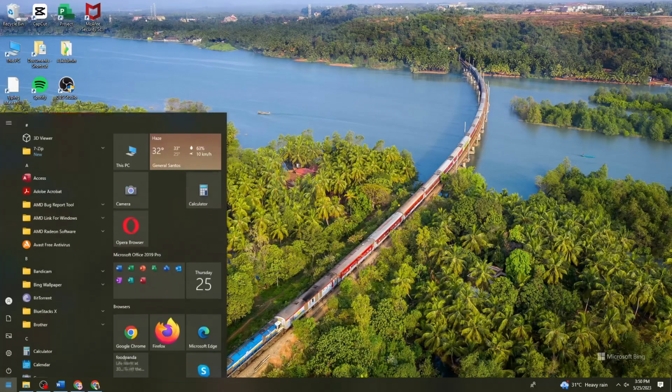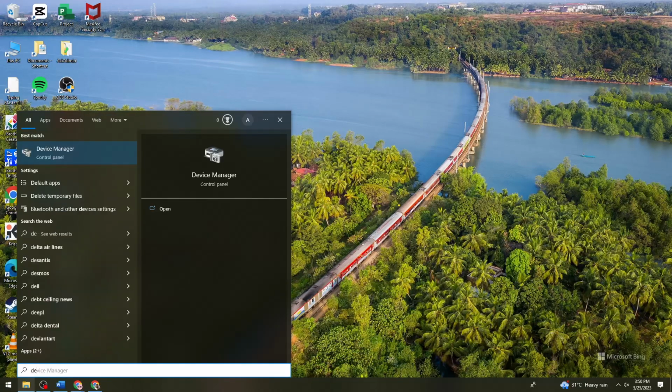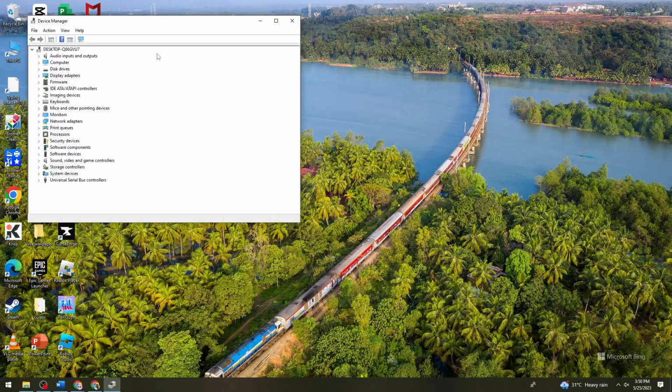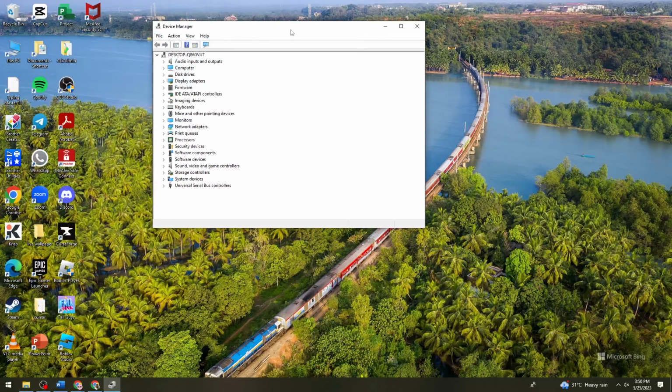Click on the start icon, search for device manager. Now you want to search for network adapters right here. If you see any problematic wireless adapter, go ahead and right click on it